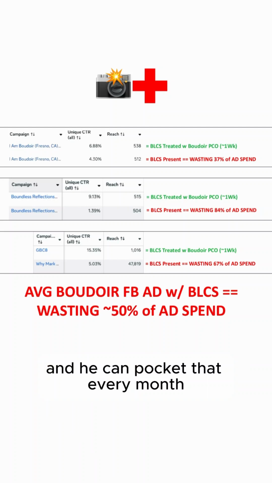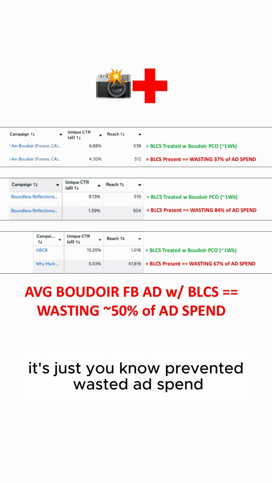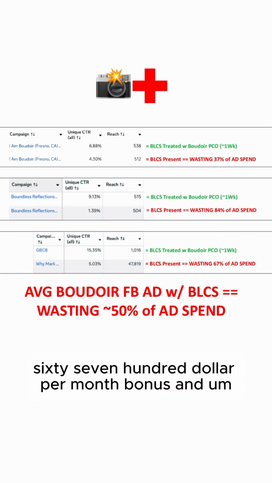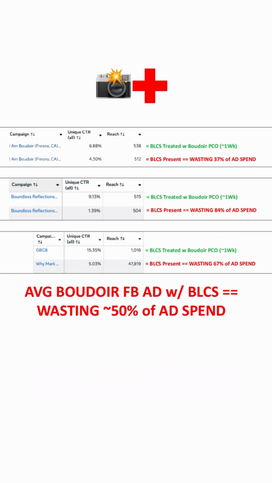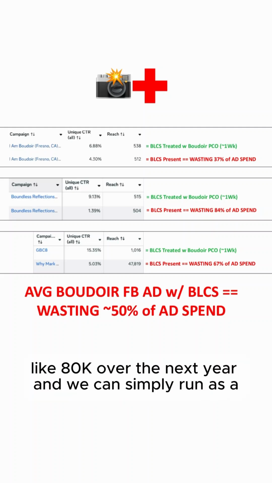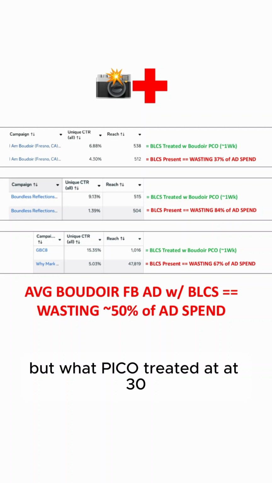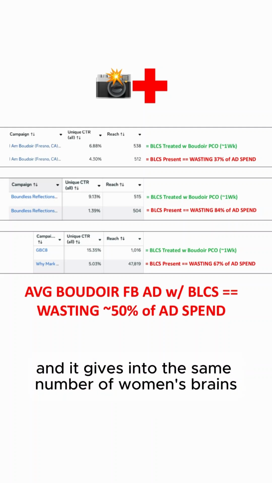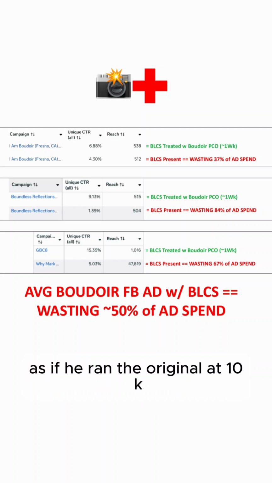And he can pocket that every month as just prevented wasted ad spend. It's kind of like a phantom $6,700 per month bonus. It's like, what's that? Like 80K over the next year. And we can simply run a Boudoir Pico treated ad at 3,300 bucks a month, and it goes into the same number of women's brands as if you ran the original at 10K a month